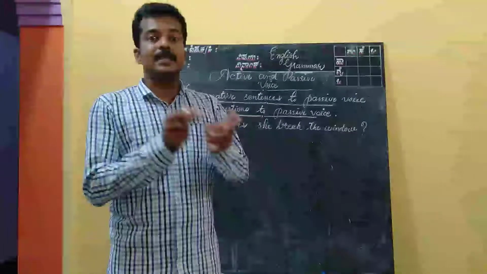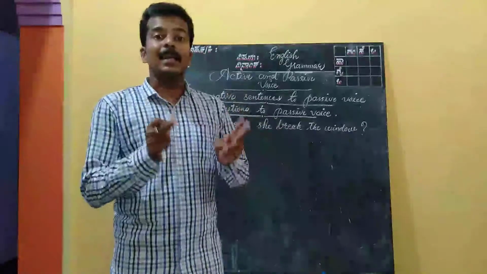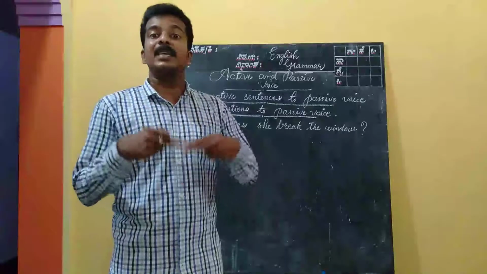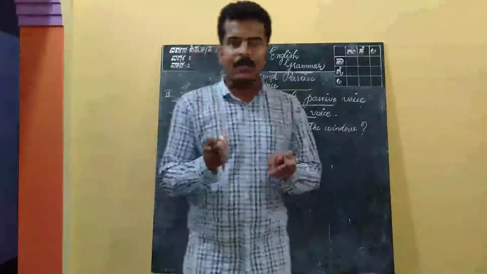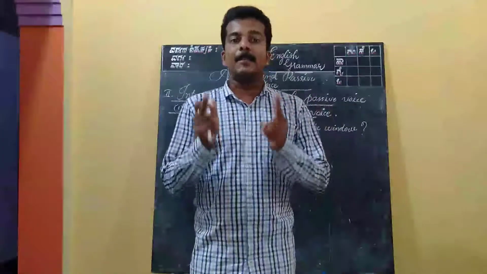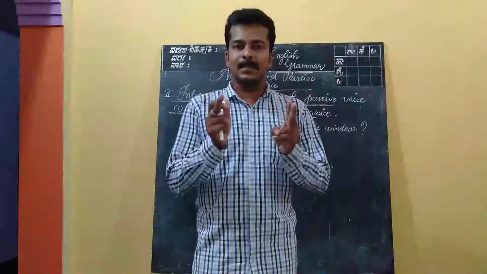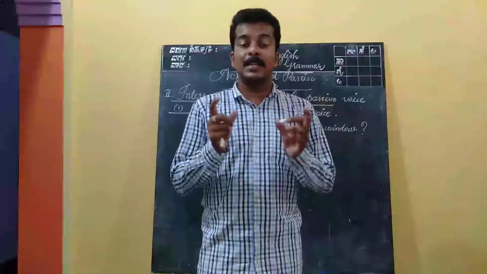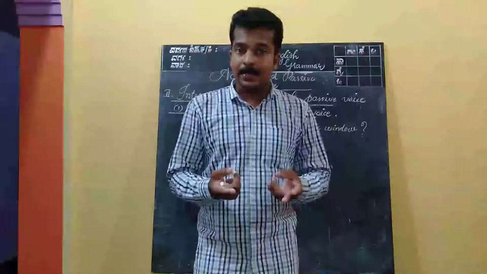And the second example, what I said in active voice, Rama killed Ravana. In passive voice, how can we say it? Ravana was killed by Rama. Hope you understand. In active voice, subject does something, whereas in passive voice, something is done to the subject. Okay, anyhow, the first classification, assertive sentences to passive voice or eight tenses to passive voice,